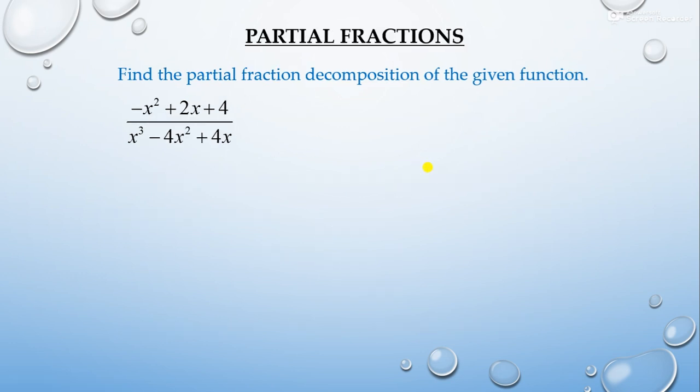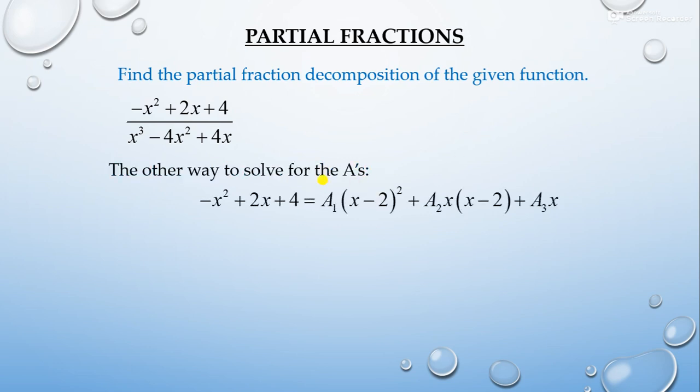Okay, let's check another way. So how to do it? Up to here we have to do that means x cancel out the denominator, so we get this expression. So now from this expression, how can we calculate a1, a2, a3? You can see here when we put x equal to 2, this term becomes 0, this term becomes 0, only the a3 term remains, so we can easily find the value of a3. When we put x equal to 0, this term becomes 0, this term becomes 0, and only a1 remains, so we can easily calculate the value of a1 from here.